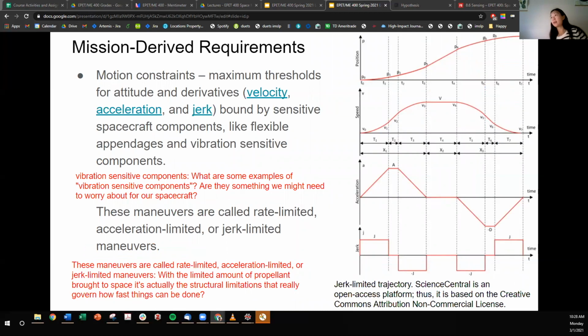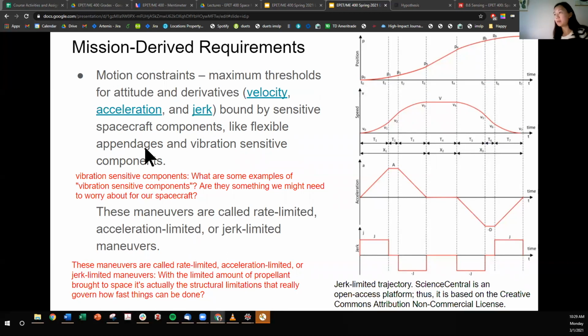Okay, other motion-derived requirements could be motion constraints. So this could be maximum thresholds for your attitude and derivatives. The reason why we have motion constraints is because there could be sensitive components on board, like flexible appendages, which, if you give a spacecraft with, say, a long boom, some kind of angular rate, then that appendage is going to start to bend. At some point, if you rotate too quickly, then the appendage is going to snap. You can also